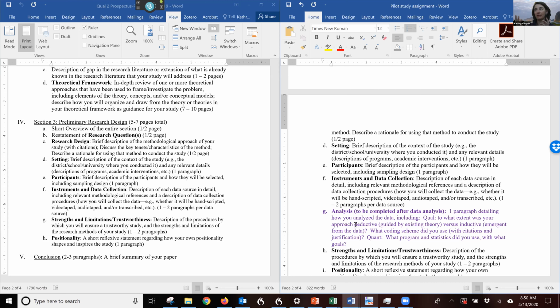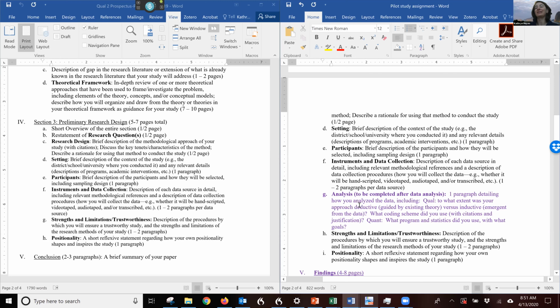So that's the difference there. And you can look at, of course, published papers or the examples to see the difference. The examples that are in Blackboard and in our Google folder have a paragraph that is labeled analysis paragraph. And then they have a section that's labeled findings or results.